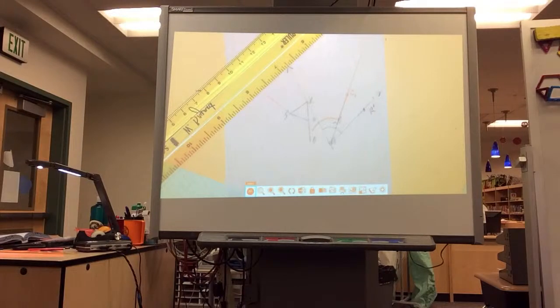Go get a pencil. Okay, okay, so this is the 70-degree angle, so the distance